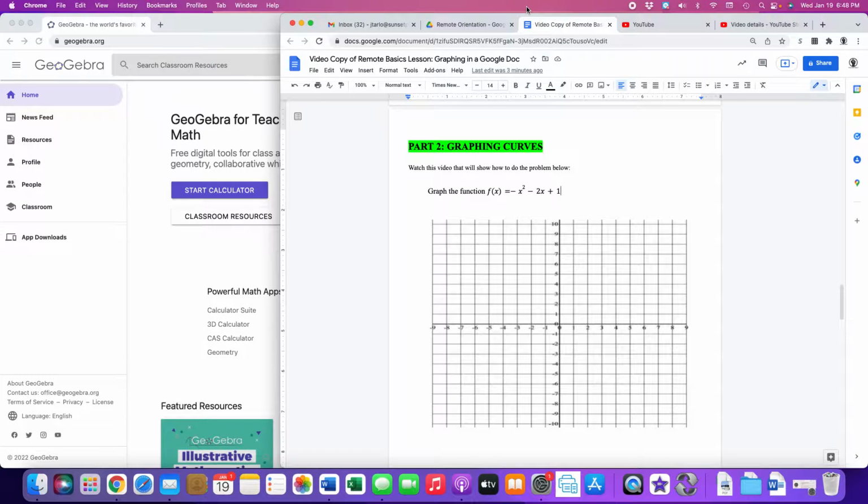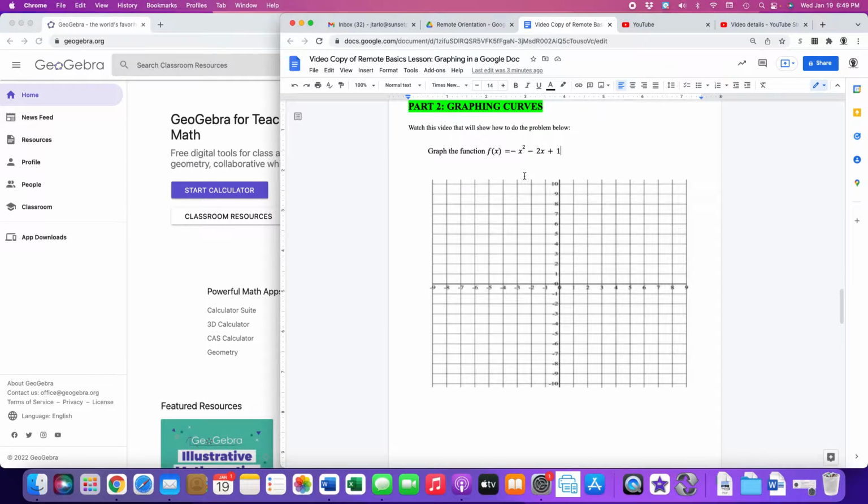Now that you've had a chance to work on graphing lines, we're going to do a couple of curves. It's going to be the exact same process of getting points from a website or from your app on your phone, and then putting the points onto the drawing and connecting them on the graph. So the function I'm going to do for you is f of x equals negative x squared minus 2x plus